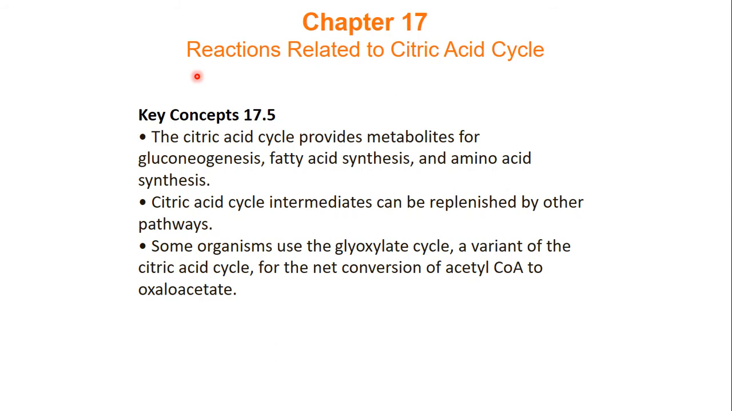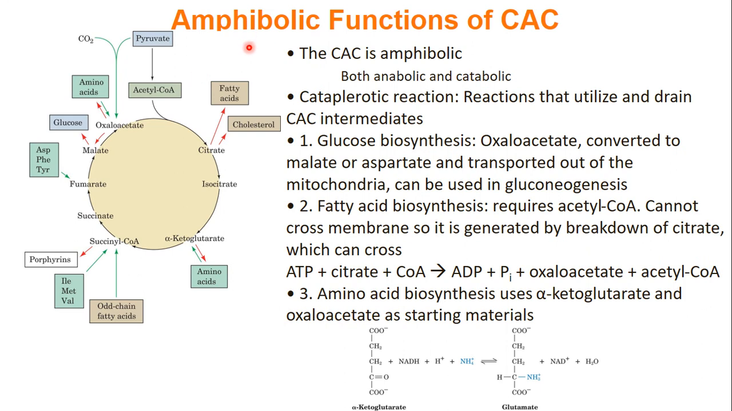In this video, we're going to look at reactions that are related to the citric acid cycle. And the citric acid cycle is what we call amphibolic. That is, it has both anabolic and catabolic reactions that are related to the cycle. And we're going to start with the catabolic reactions, that is, reactions that use and drain our citric acid cycle